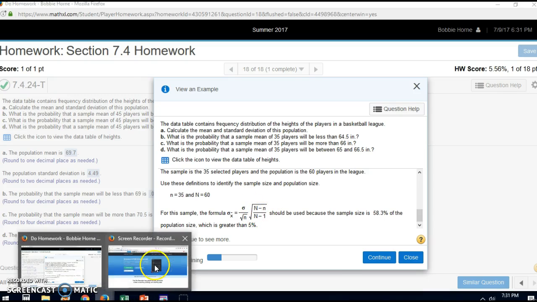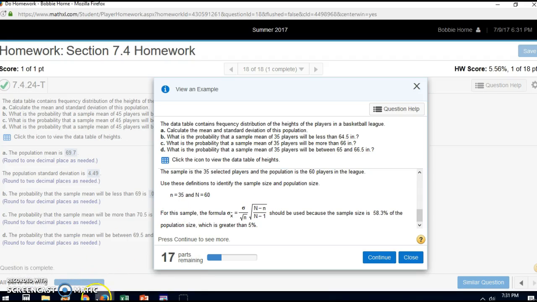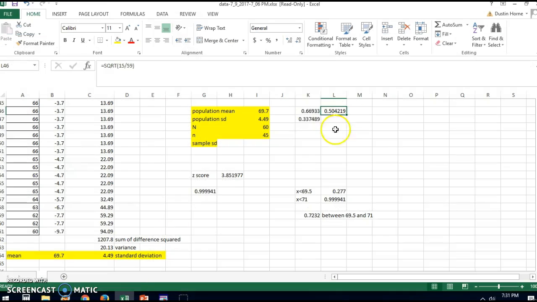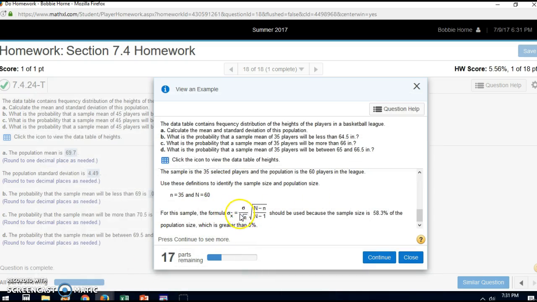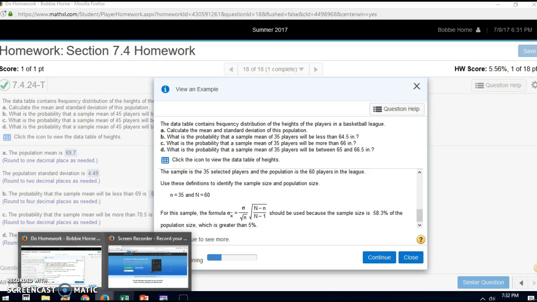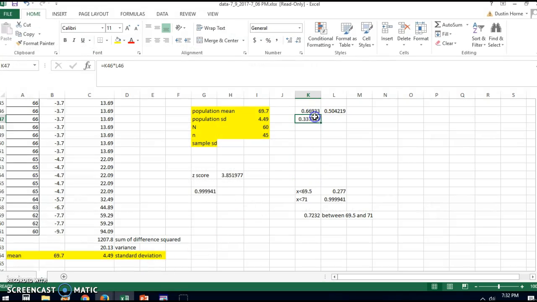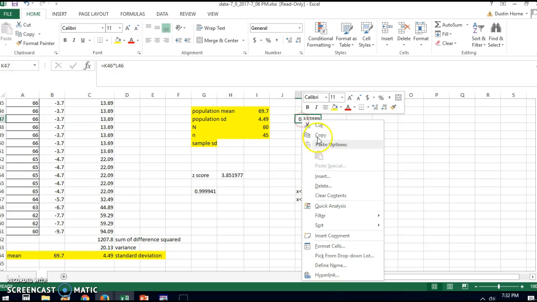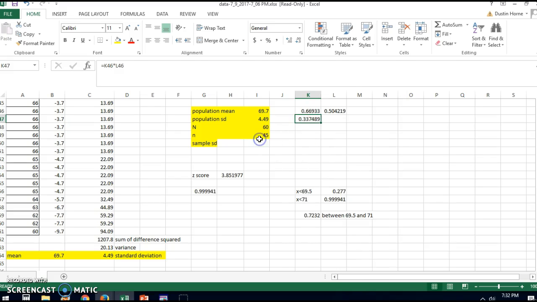So the square root of 15 divided by 59 would give us this number. Now we have to multiply those two numbers together, because look at your formula again. You have to get this number and multiply it together. And then that is how we got 0.337489. So that number is our sample